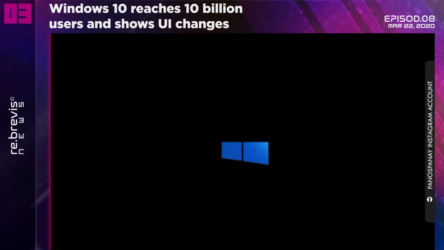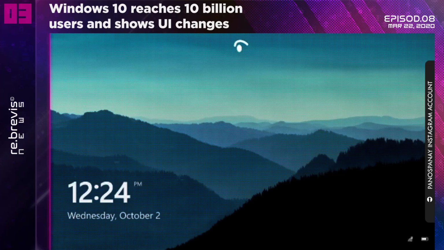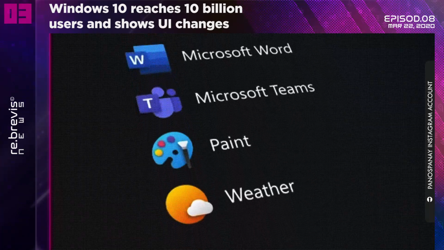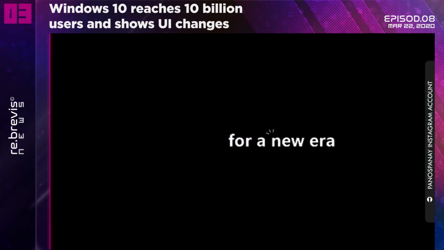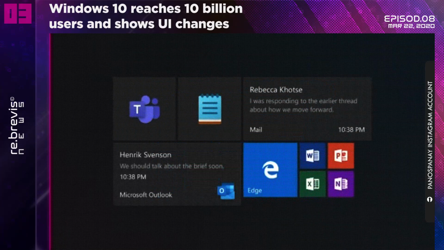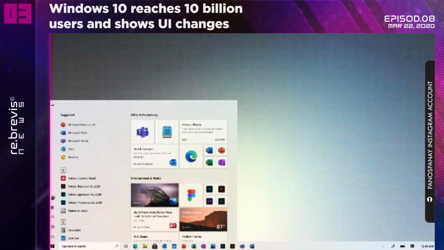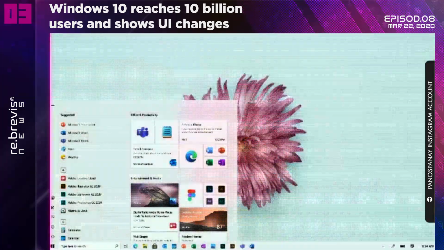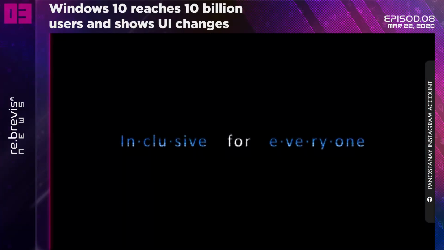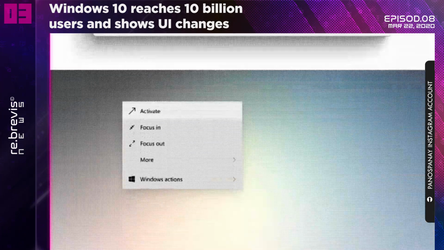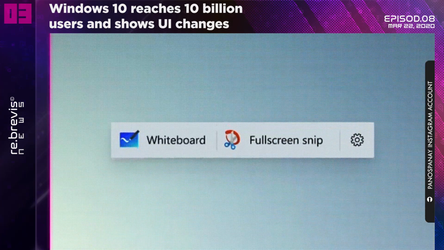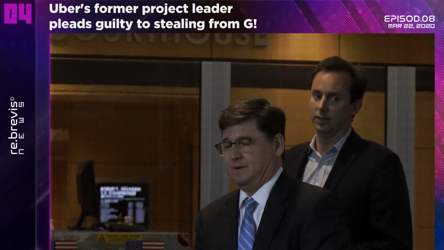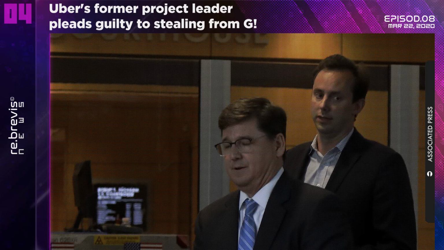Windows 10 reaches 1 billion users around the world and shows UI changes. They celebrated this by posting a video on Instagram that showed the evolution of the Windows interface. While the changes seem superficially small, they help pull together the various changes Microsoft has been implementing since announcing Windows 10, and especially since revealing the Fluent UI design goals in 2017. We will expect to hear more about the upcoming UI changes during the Build 2020 event, which is being held online due to, you guessed it,